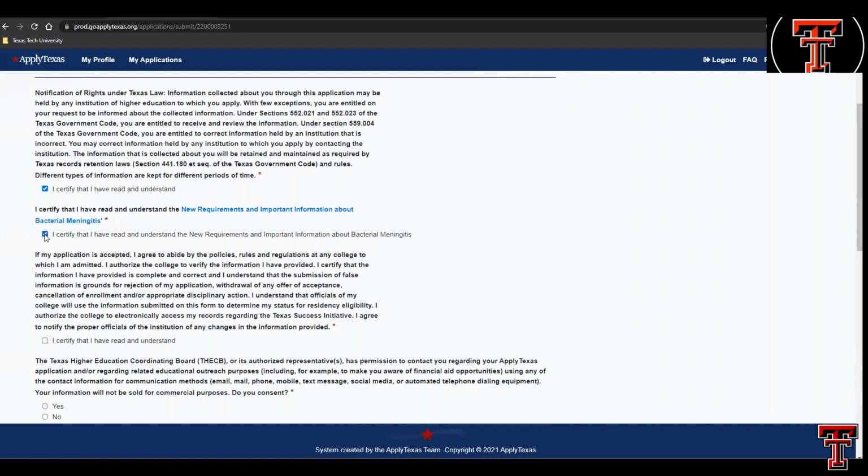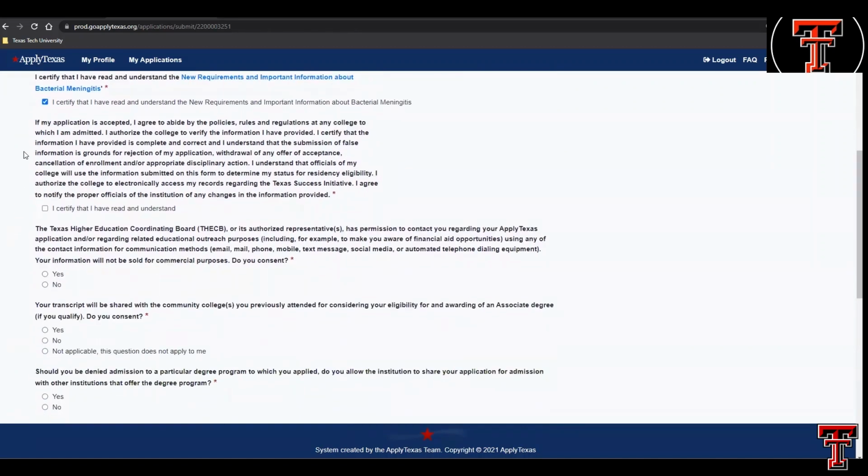Once you have read these requirements, select I certify that I have read and understand the new requirements and important information about bacterial meningitis. The next certification of information states, if my application is accepted, I agree to abide by the policies, rules, and regulations at any college to which I am admitted. I authorize the college to verify the information I have provided. I certify that the information I have provided is complete and correct, and I understand that the submission of false information is grounds for rejection of my application, withdrawal, or any offer of acceptance, cancellation of enrollment, and/or appropriate disciplinary